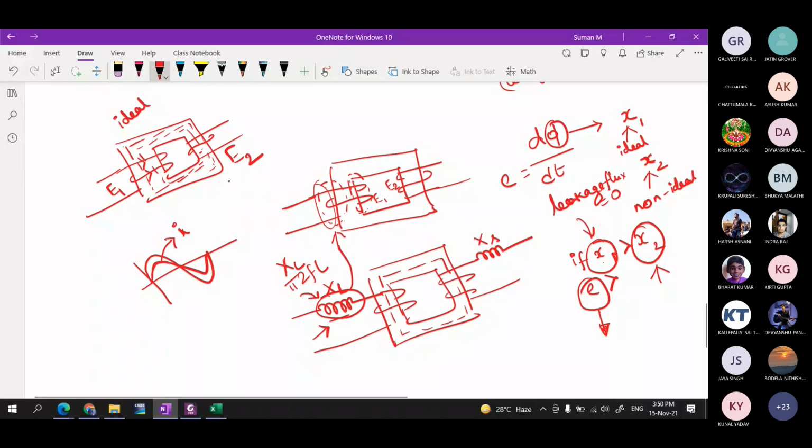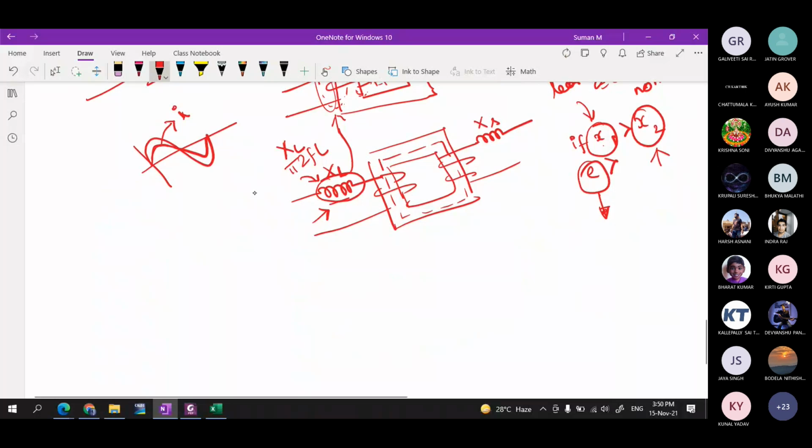Okay, now other than that, if you want to extend this, all the wires, all the conductors have their own resistance. If some current is flowing through this path, two things will happen. One is voltage drop, another one is power loss, that is I squared R, and the voltage drop is I into R, or if it is impedance, I into Z.